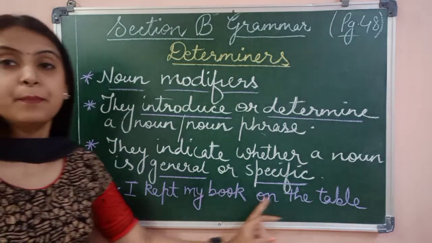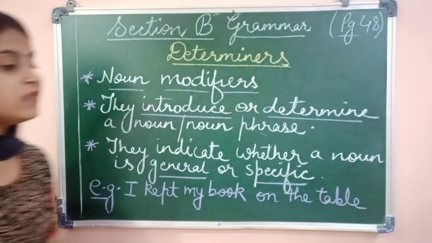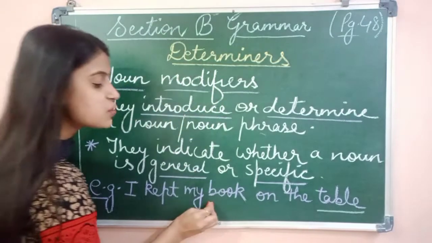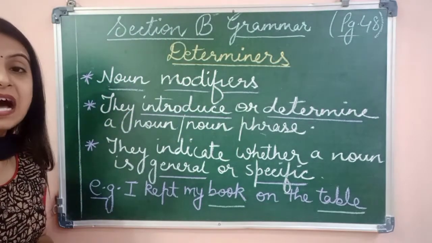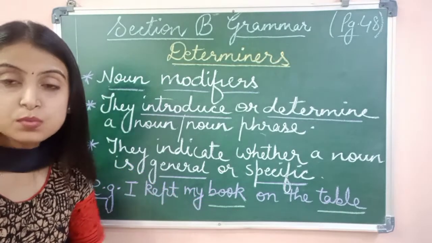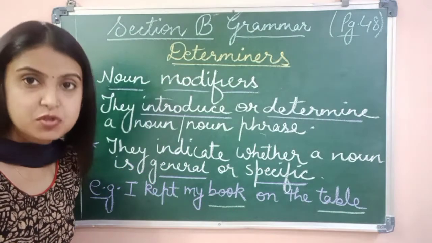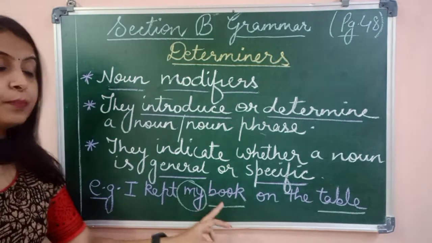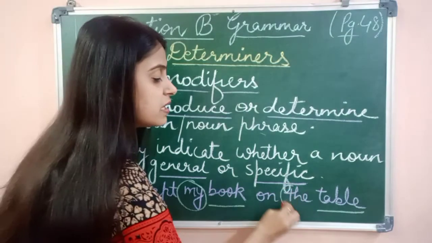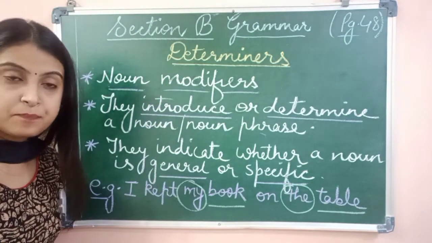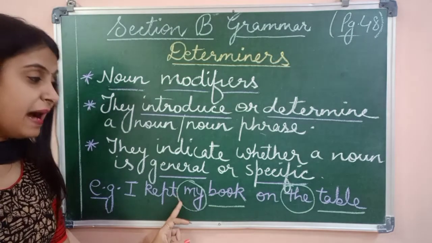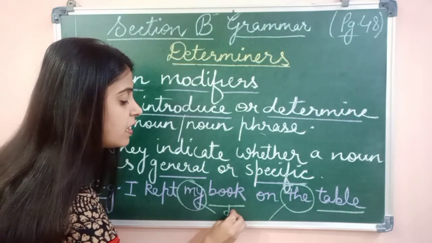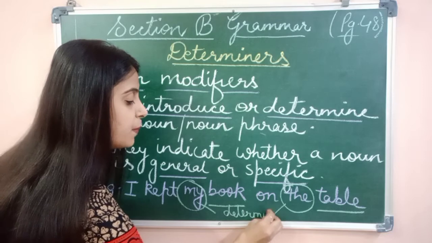I kept my book on the table. Now, in this sentence, children, you can see that there are two nouns. Table is a noun and book is a noun. So, what words are used to modify these nouns or to give more information about these nouns? Now, my here is modifying the noun book, and here the is modifying the noun table. So, these two words, my and the, are determiners because they are giving more information about the nouns book and